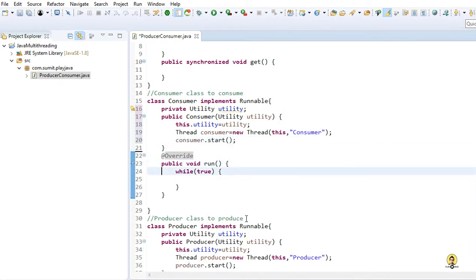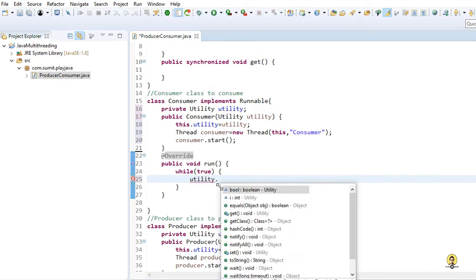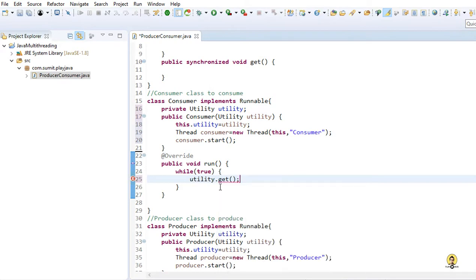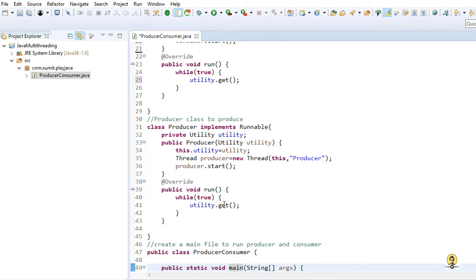In the run method I am going to call the utility.get method. So I will simply write utility here, since I passed the utility. So utility dot, and I'll call the get method, and let me check here, I didn't get, I will put it as set because producer will set the utility.